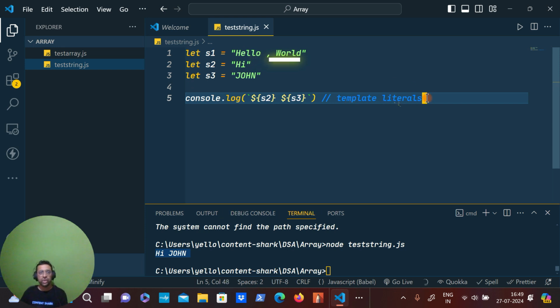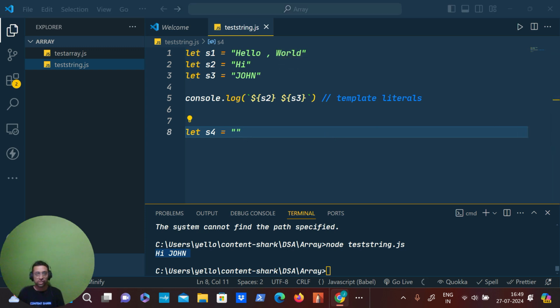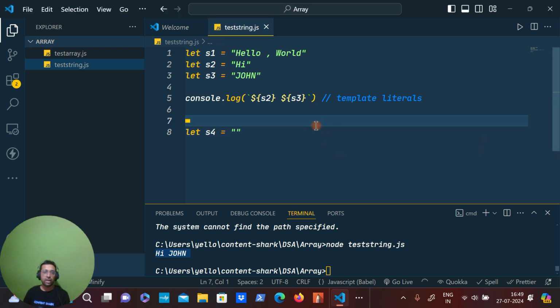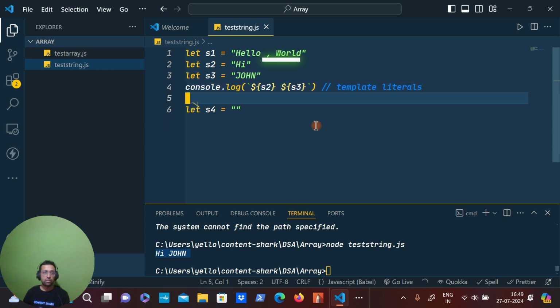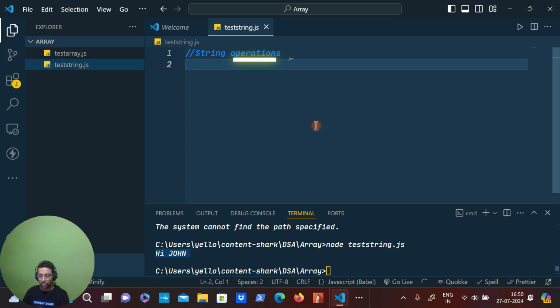There is something called empty string, so you can just print like a pair of single quotes or double quotes. It means this is an empty string. Okay, now what are the different string operations? The first one is, I would say, concatenation. Okay, so actually let me delete everything and I can write string operation. So first one is